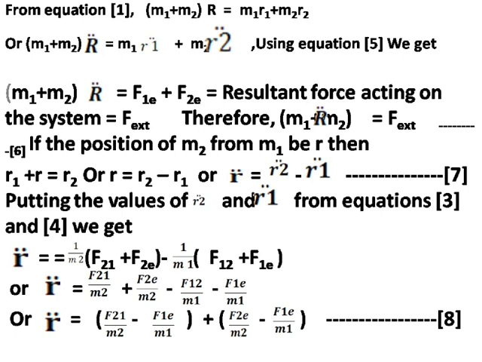If the position of m2 from m1 particle is small r, then r1 plus r is equal to r2, or small r is equal to r2 minus r1, or small r double dot is equal to r2 double dot minus r1 double dot. Putting the values of r1 double dot and r2 double dot from equations 3 and 4, we get r double dot is equal to 1 by m2 (F21 plus F2e) minus 1